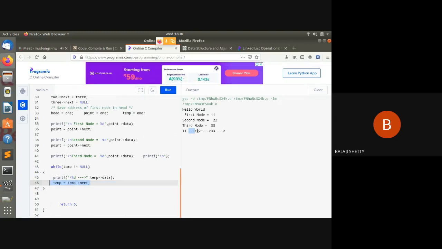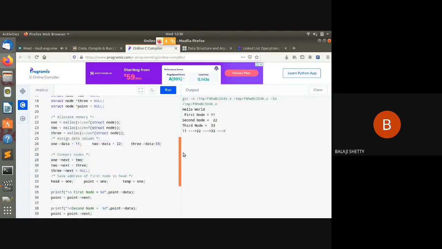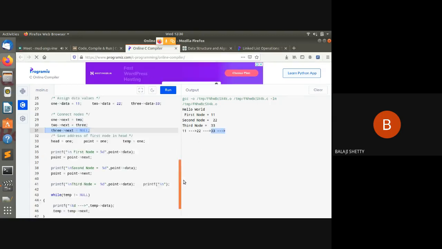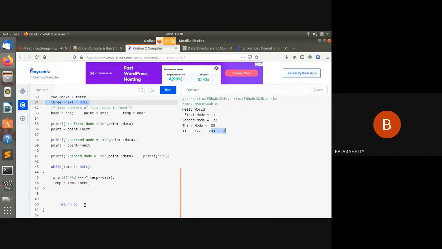No, null is not there. 22 is there. I get temp data, again I get 22. Again temp equal temp next. You get 33. Printf percentage d temp data. And if you observe this, 33 next was null. So that's why 33 next is null. And here your loop breaks and return 0.